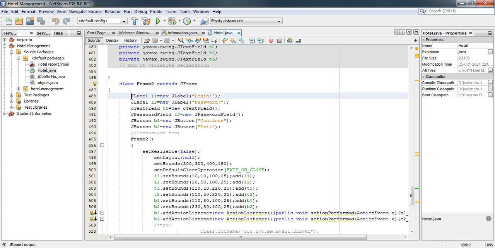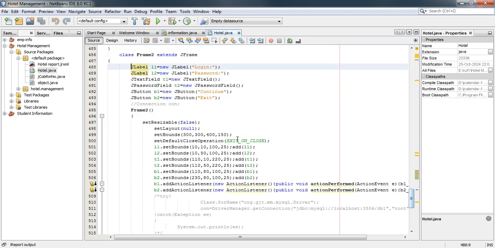inheritance. So in this frame we had used 2 type labels, login and password, and JTextField, JButton, button 1, button 2, continue, exit. For this frame we set resizable true or false. Sorry, we had used set resizable false. तो इसमें हमने फ्रेम को रिसाइजेबल करने की परमिशन अलाउ नहीं की।